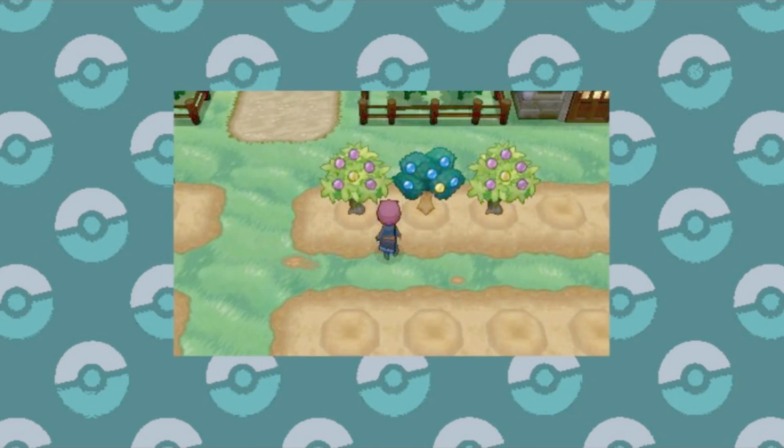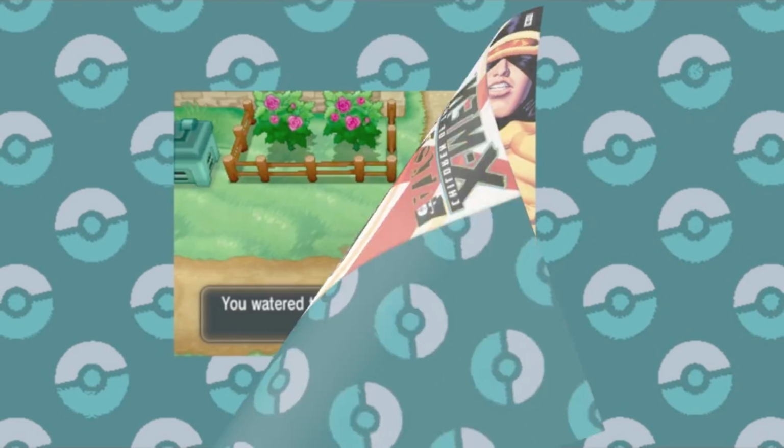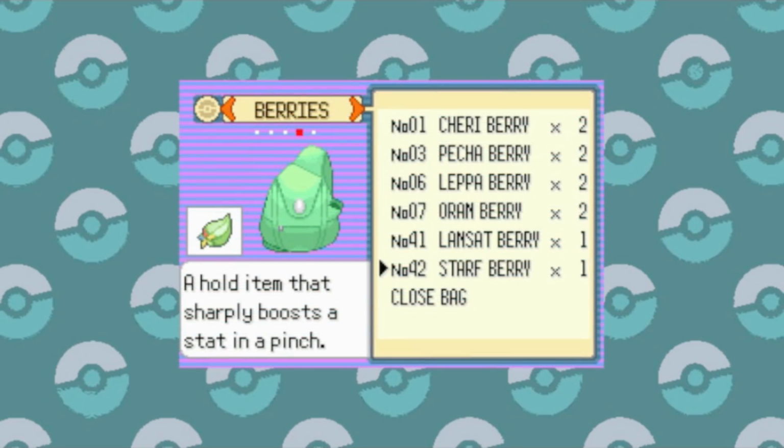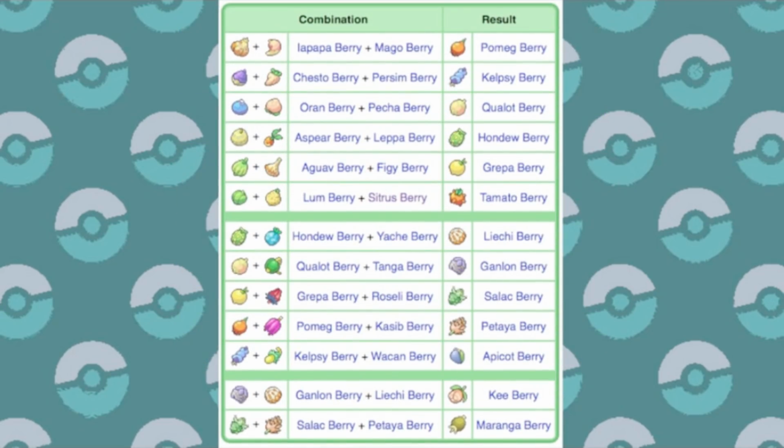But the Surprise Mulch causes the berries to mutate. That's right, the age of the atom has come to the berry fields of Kalos, since you can mutate certain berries together like some kind of mad scientist. And there are some berries that you can only get from other mutated berries, creating up to 4 levels deep of berry tree crossbreeding. Oh, there's also the Amaze Mulch, which combines all 3 of these other brands of mulch,